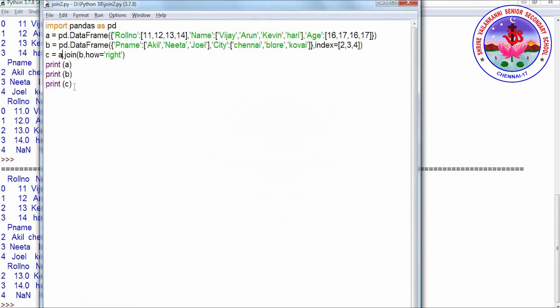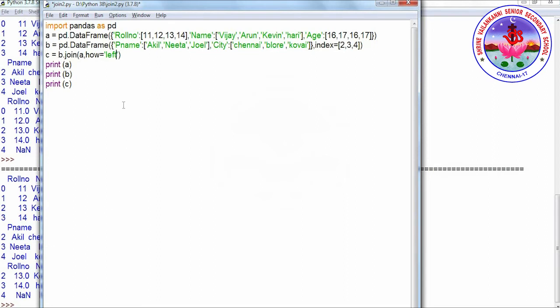Now, a simple question. How do I get the same result by changing the values? I can make some changes in this statement and get the same result without the right join. How do we do that? Yes, we can just swap B and A, and change right to left. So in this case, what happens? What is the left? We have B as the left now. Previously when writing right, B was written on the right side of the join. Now I am writing it on the left side of the join. So this will give the same result as the previous one.